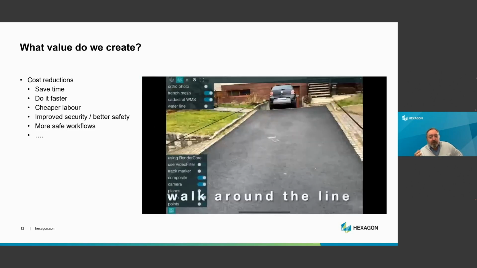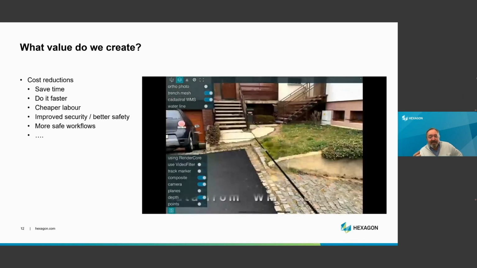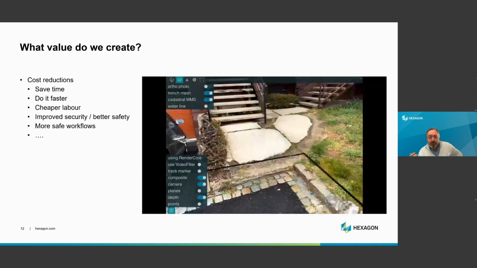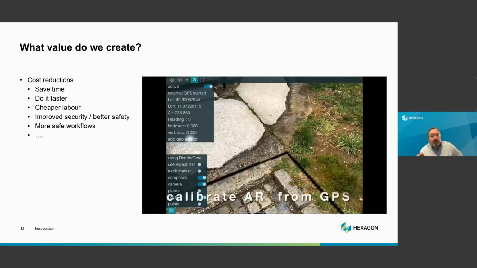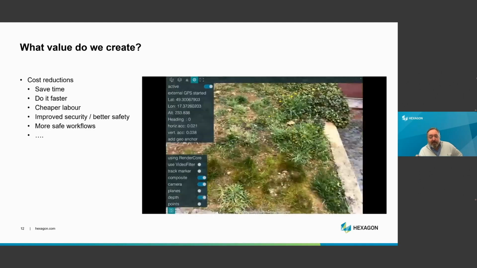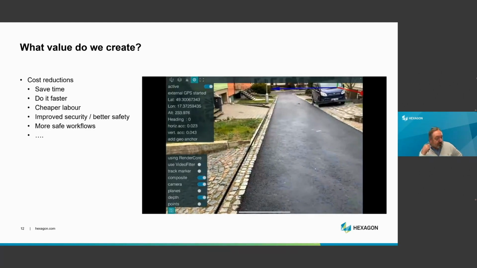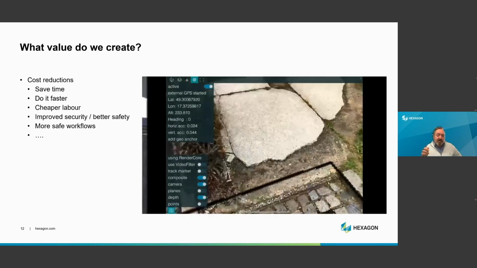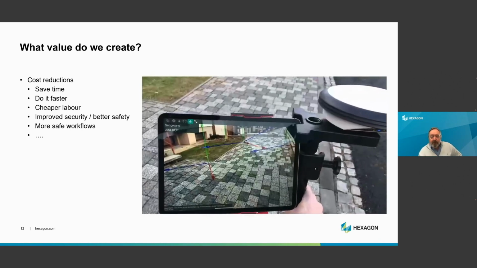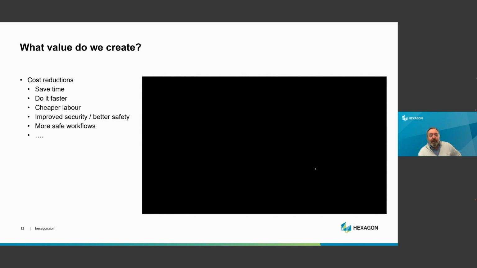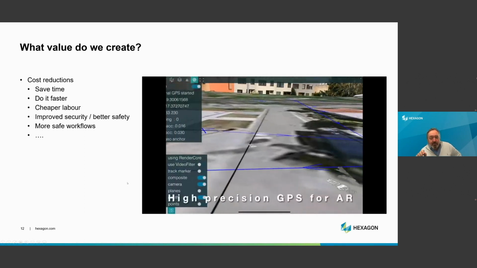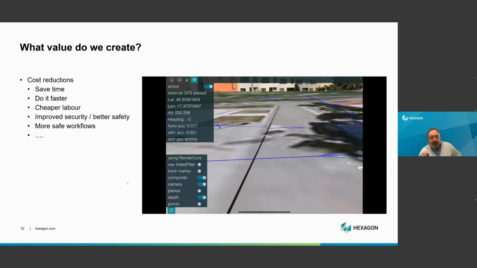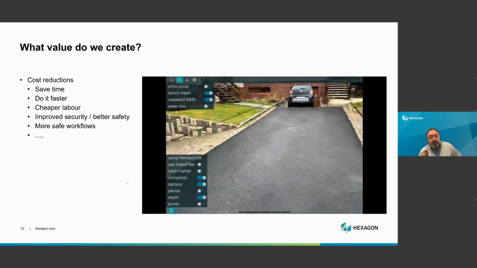GNSS or high accuracy GPS antennas connected to iPhones or iPads or other tablets. But here we are looking at a GNSS antenna with RTK connections that gives us roughly 2 centimeters accuracy XYZ. So if you think of this one where the surveyor is going out and testing to try to figure out where the borders of a property is, this goes much, much quicker than setting up the current way of working